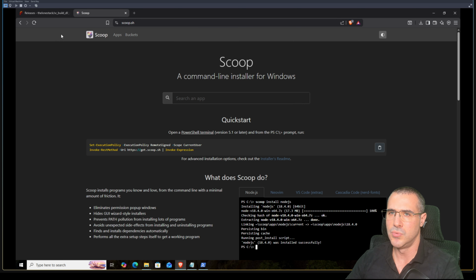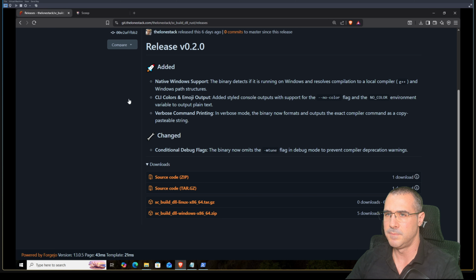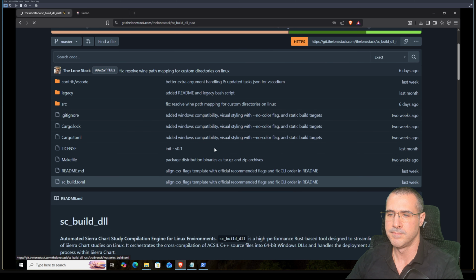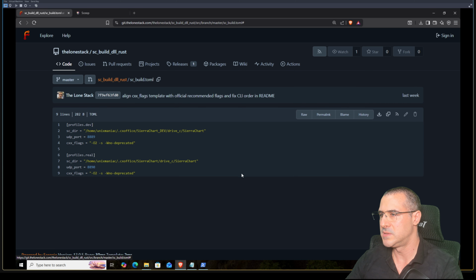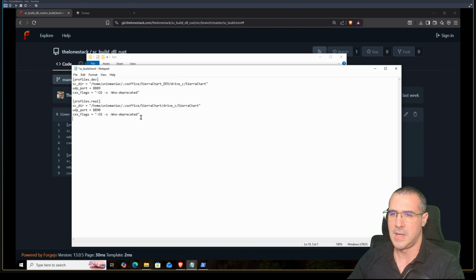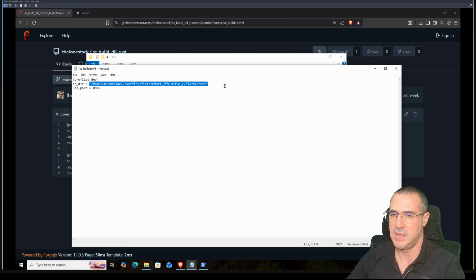We need to create a configuration file. Back here, just copy the contents. As I have only one installation here under this virtual machine, we only need one profile. I do not need any extra compiler flags. UDP port is this one, and I need also to update sc_dir